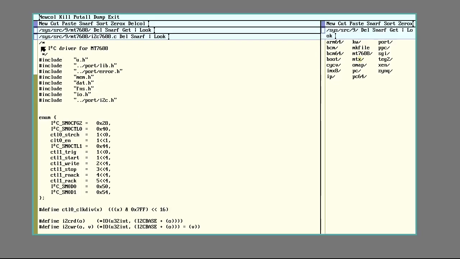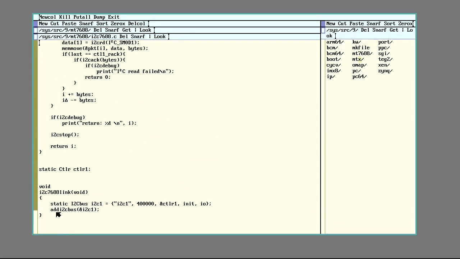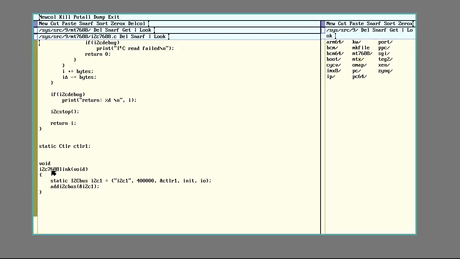So 9Front already has a system in place for adding peripherals like this. So down at the bottom of my driver here, I have this particular function. And it's going to call these things. It's going to pass along some information. So it's going to have the name of the I2C bus that'll show up, a speed that's expected to run at,